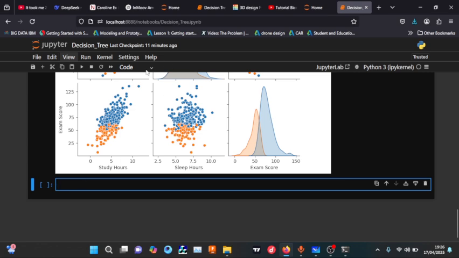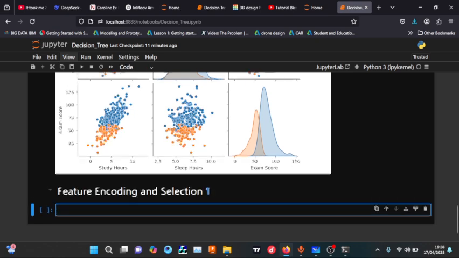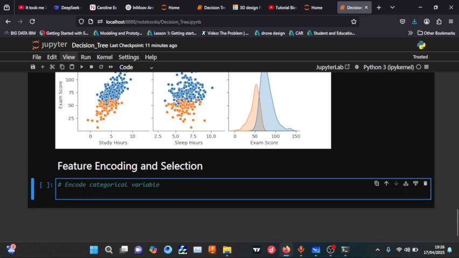Don't worry, I'm just going to do my feature engineering, and then I'm going to go ahead and explain it to you guys. So, feature encoding and selection, right? How do we do our feature encoding and selection? It's actually very simple. There's a function in our library to do that. So, encode our categorical variable, right? I'm going to create a variable called encoded_data, which is going to equal